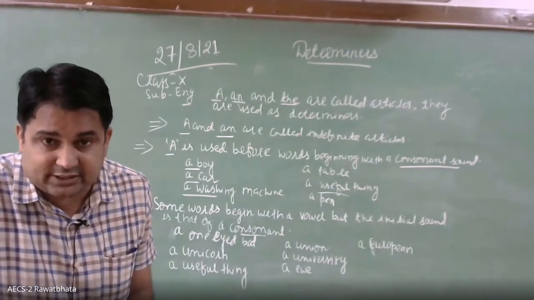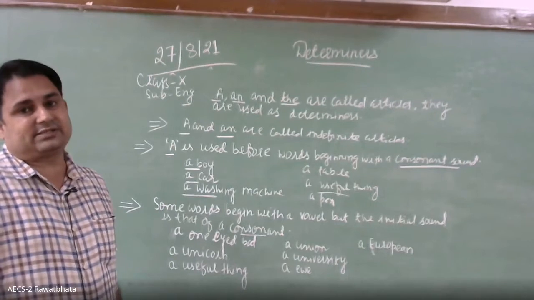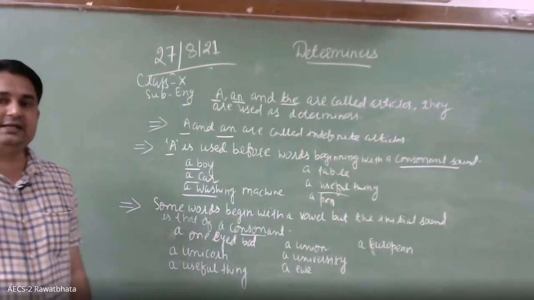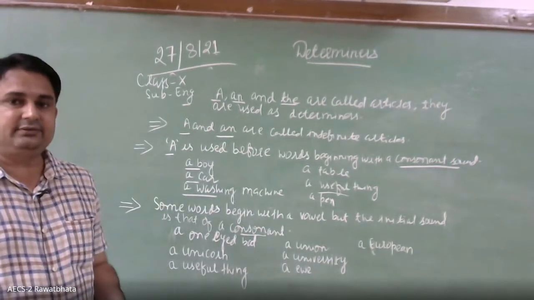Yes, Sadhna, what do you say? Sir, in a word, when there is a U, we can use an, but if the sound is not there... So what do we use, sir? If a word starts with U, if a you sound is there, then you have to use a. As I said, empire, umbrella, likewise.